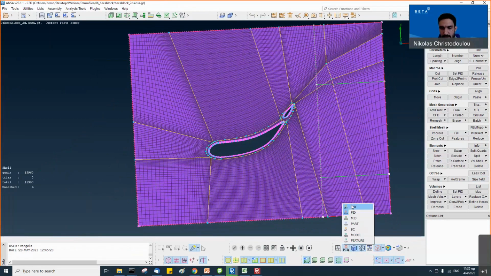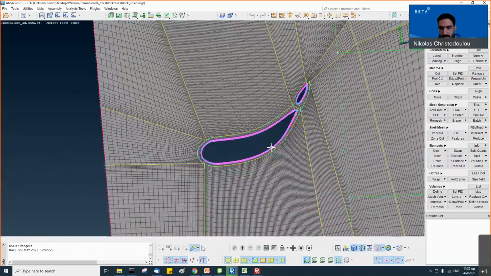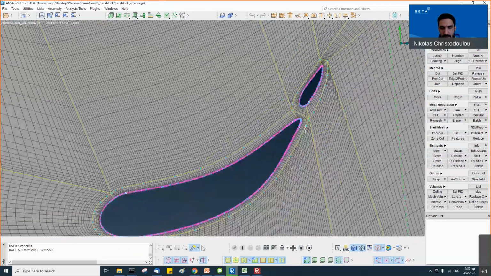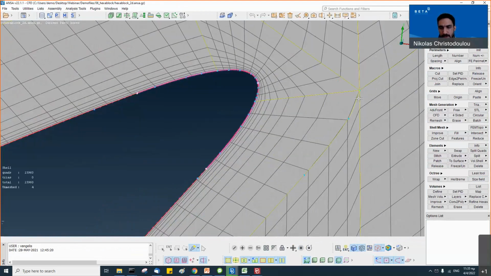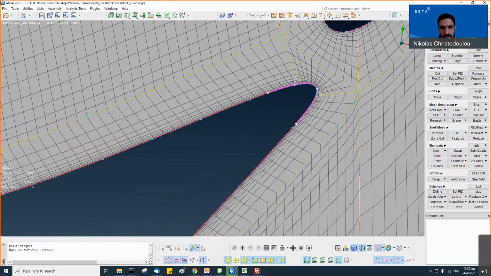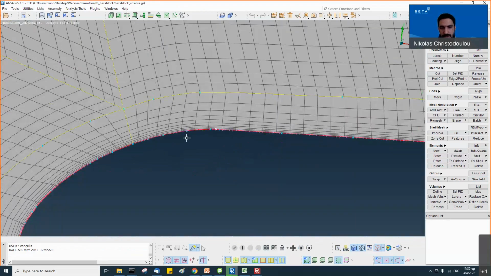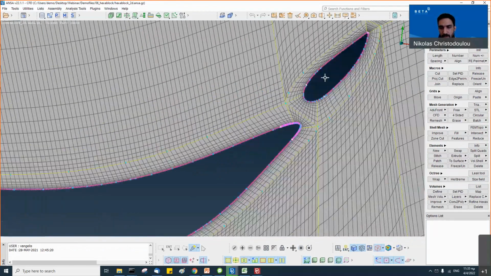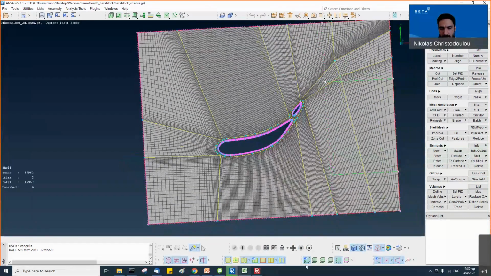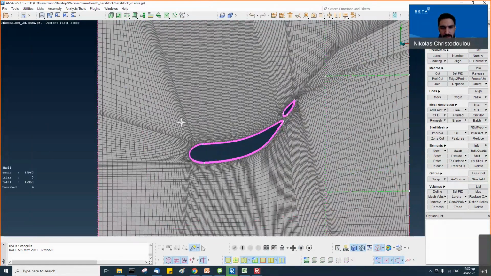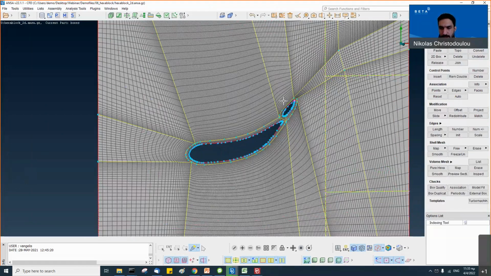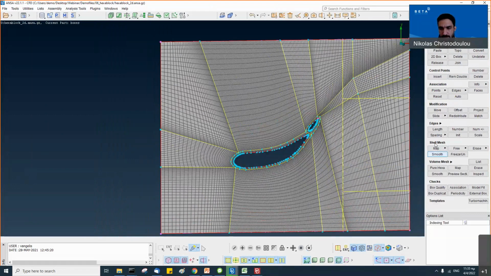What we see here is 2 airfoils that have quad elements. And with yellow lines, these are the 2D boxes. So you can see we have boundary layers on both airfoils. However, we have a mesh that is not so nicely smoothed. There are some refinement areas here that could be blended in a better way. So if we go to the hexablock menu, we can access the smoothing algorithm of the shell mesh.